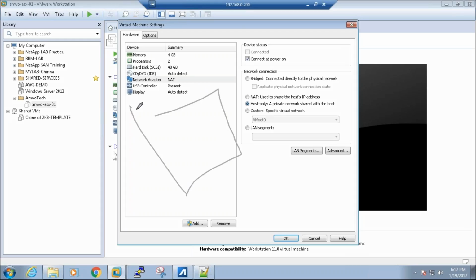Let's say this is my box. Inside this, if I create ESX1, create one more ESX, create one more ESX, and if I put all these ESX servers into a host only network, they can talk to each other, and they can talk to this host machine as well, the base machine, but they cannot talk to the external world. They cannot talk to the internet. That's what I need. I want my VMs to communicate to each other. That's all. So that's the reason I am putting everything into host only.